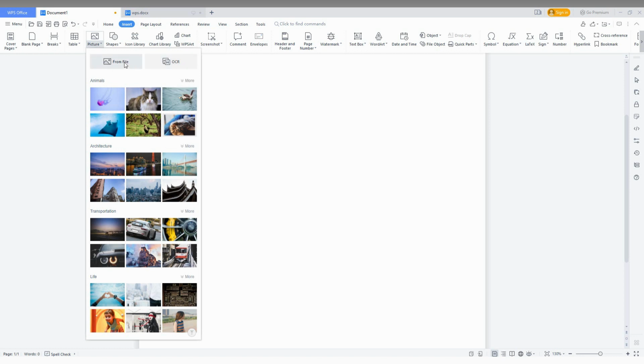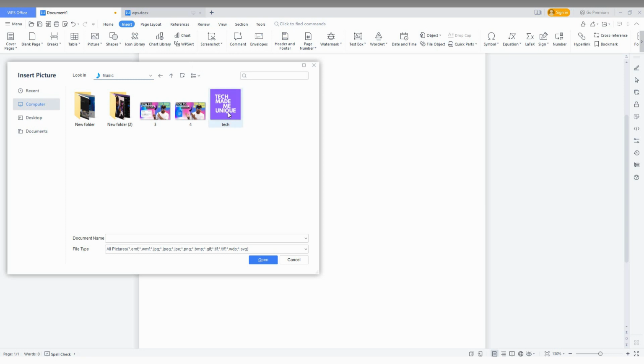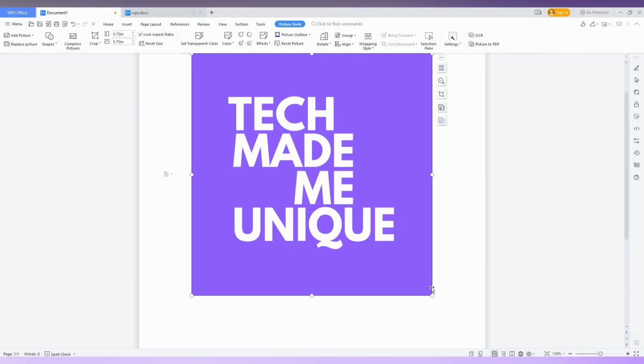So I just click on From File, then Insert Picture. It automatically opens your computer folder. Here you can insert any images. You can see the file types; all file types are accepted here. So I just click my logo here, and after inserting my logo, you can see a Picture Tool